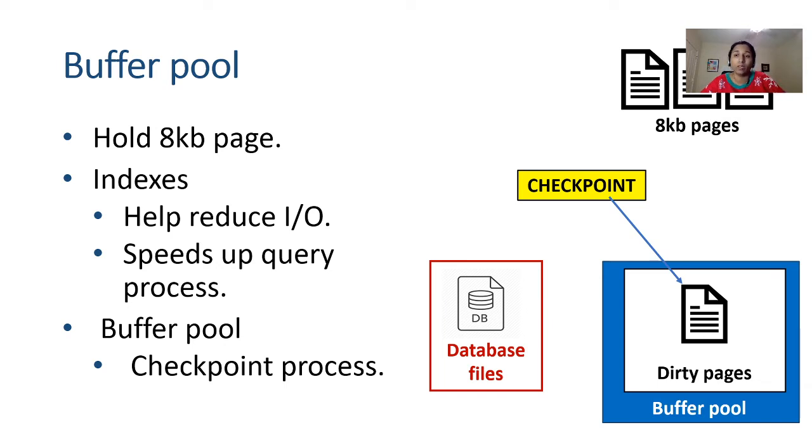Now what it does, it will go ahead and grab all these dirty pages which are already modified inside the buffer pool. These are 8 KB data pages. These pages will be pushed back to the database file system and hardened onto the database file system, such that there will be more space inside the buffer pool for the newer data pages or index pages to fit in. That's how the checkpoint process will manage the buffer pool.